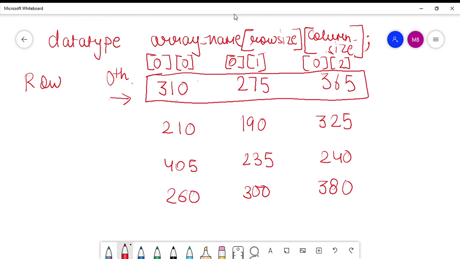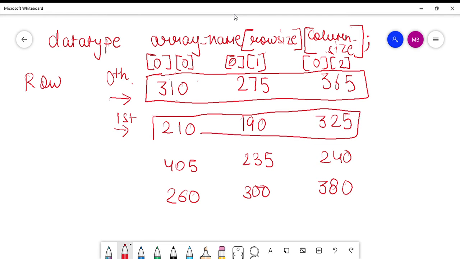Then moving on to the first row. Here in the first row again we have 3 columns. So first row and 0th column, then first row and first column, then first row and second column.